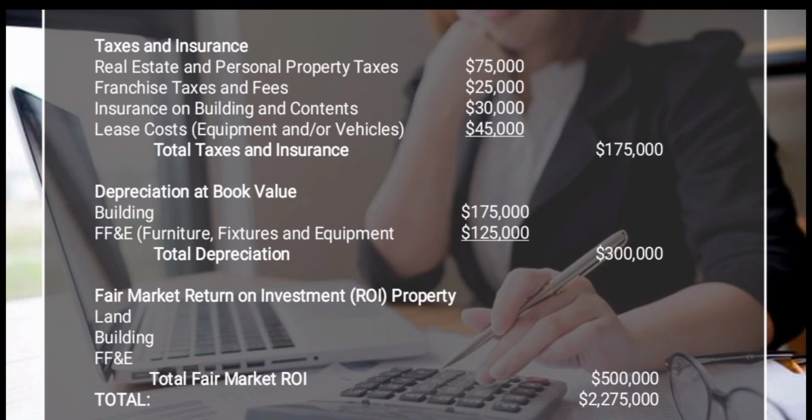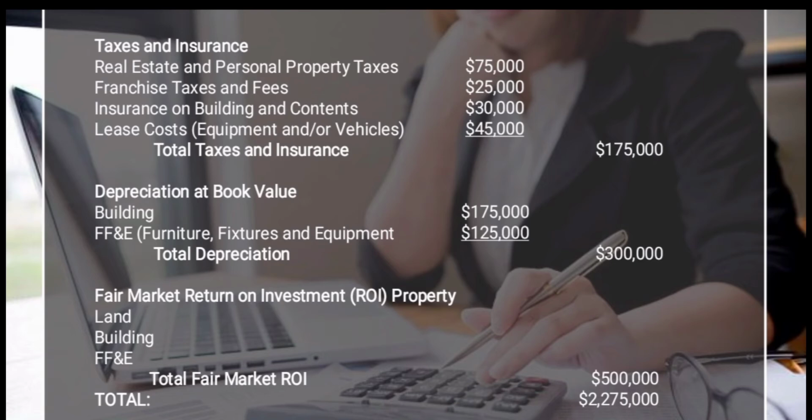The next one is depreciation at book value. Under this heading, a computation should be made of the depreciation applicable to the present fair value of the property at standard depreciation rates. However, if desired, it is optional to use an actual depreciation allowance currently being deducted for income tax purposes. For the given example, we have building and furniture, fixture, and equipment with a total depreciation of